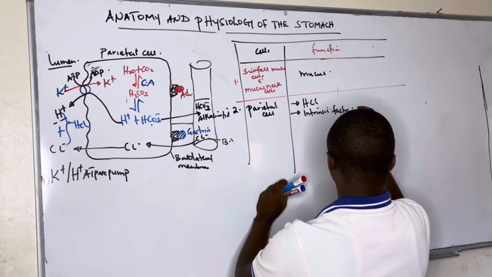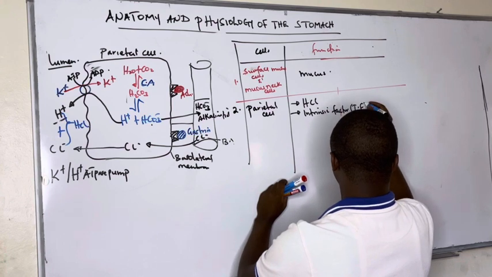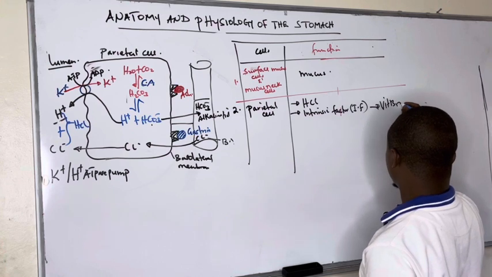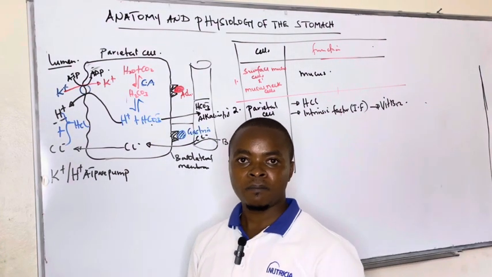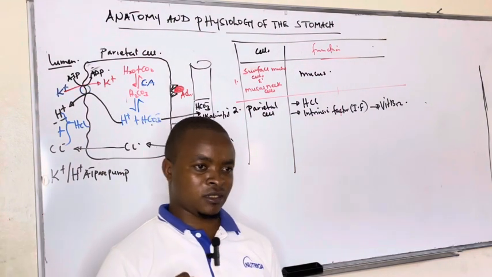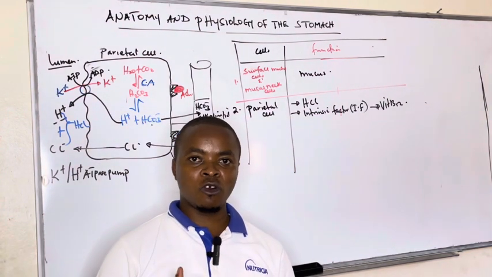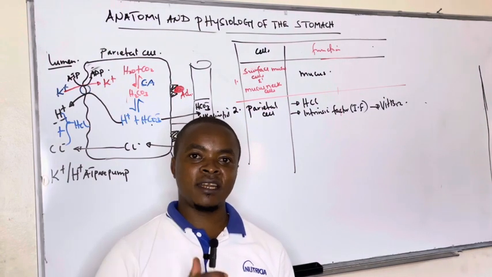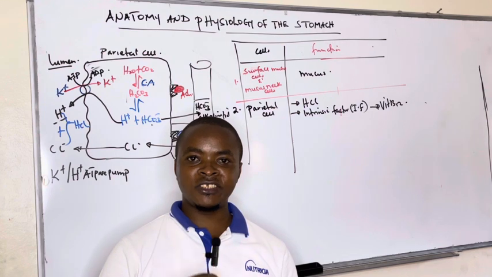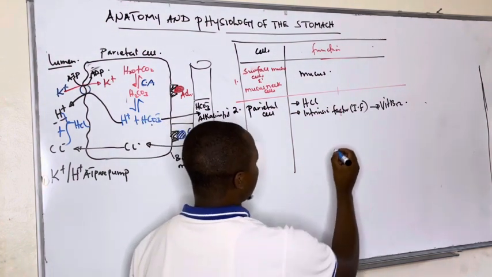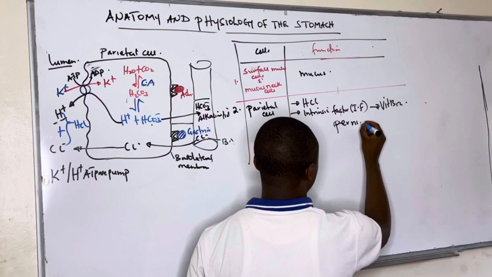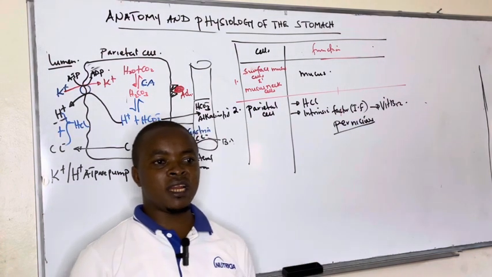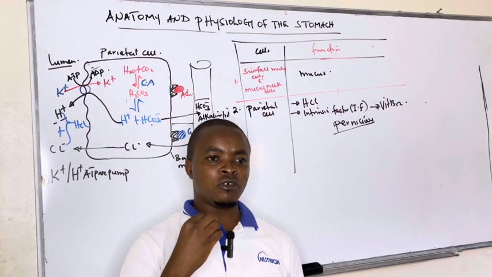Intrinsic factor, and we said that this intrinsic factor is the one that enables absorption of vitamin B12 in the ileum. That's why you see people with chronic ulcers, or what we call chronic peptic ulcer disease, they can suffer from what we call pernicious anemia. This is the spelling. Pernicious anemia is whereby there is reduced HB level, and when you do a film comment,